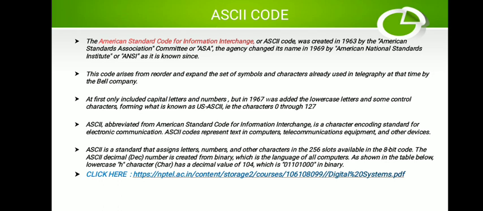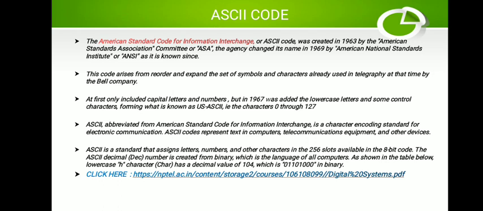So this is a standardized code all over the world. Now, how many bit code is the ASCII? It is a 7-bit code. So 7-bit code means how many different characters we can code? 7 means 7 binary bits, so 2 raised to 7 is equal to how much? That is 128. But we code from 0 to 127.